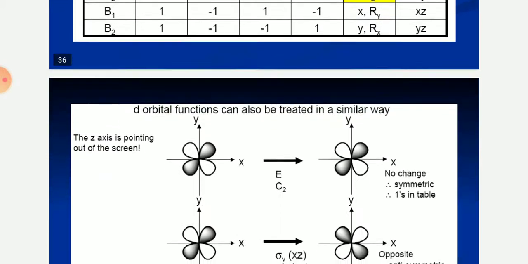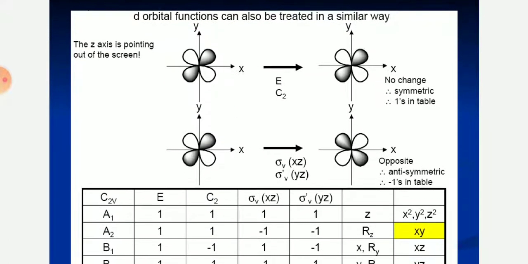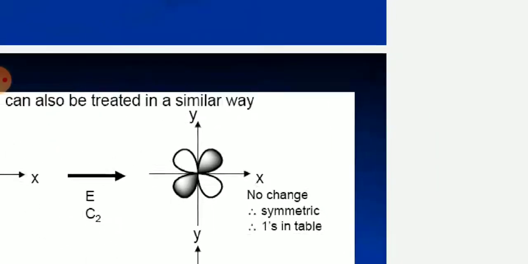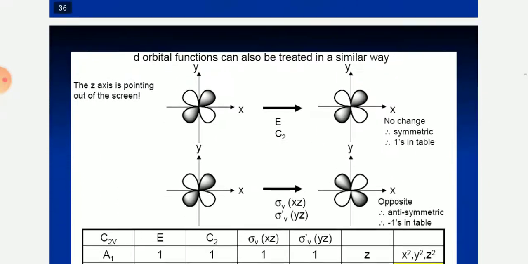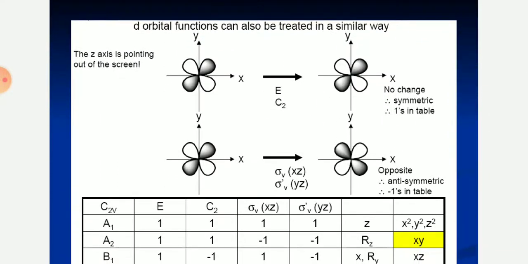Okay, a d orbital function can also be treated in a similar way. If you perform the E and C2 operations on a d orbital, there is no change in the molecule, so the symmetry will be 1. And if you perform sigma v xz and sigma v yz on the d orbital, it will give the opposite, so the symmetry is anti-symmetric and the character will be -1 for the particular